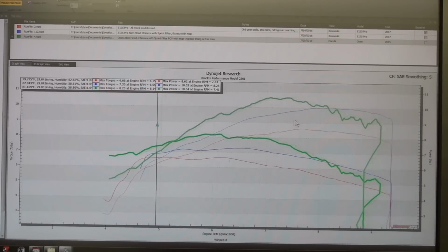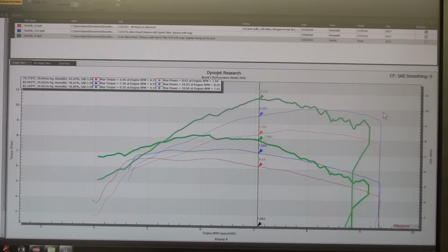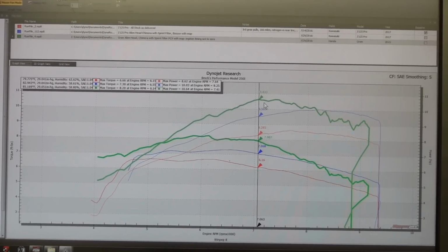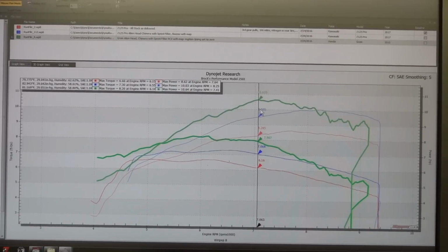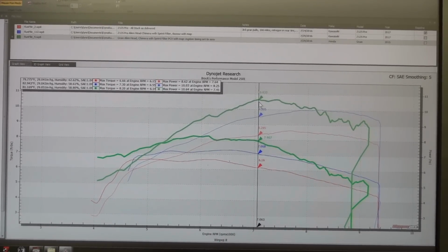Move this back over a little bit. Made a little more peak horsepower, but you'll notice that the Z125 Pro revs higher, puts up a much smoother curve. Now, as far as this peak horsepower goes, keep in mind, the Grom has a BST wheel, which shouldn't show up as horsepower, but it does typically show up as a little bit quicker acceleration, and the Grom has